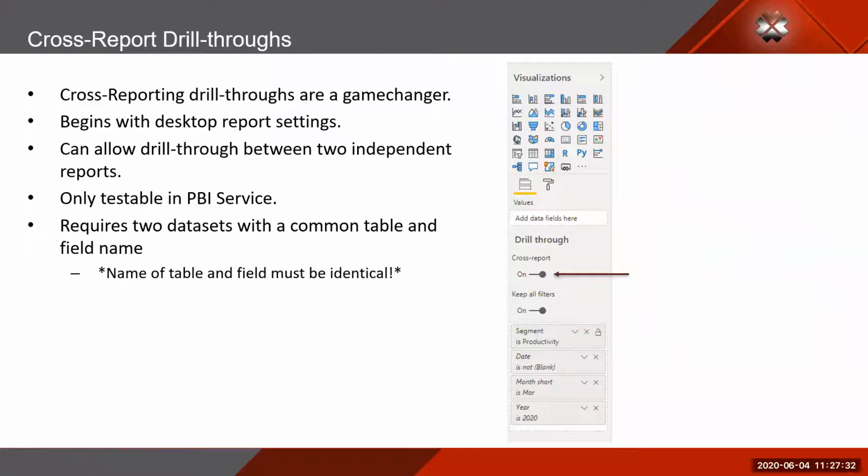Cross report drill throughs. The option on the page is found very close to the keep all filters button, and selecting the cross report filter option allows the page to be targetable by another data set or report within the app to navigate to that page. And so once you get your cross report drill through set up very similarly and published into Power